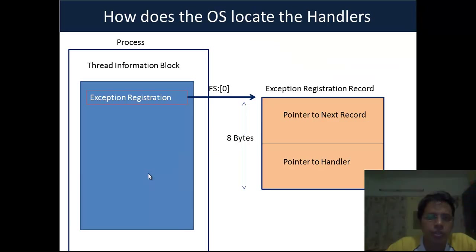So here's the first question. It all seems quite natural that the operating system is going to call an exception handler. But the first question is, how does the OS actually locate the appropriate handler? This is where in any given process you could have